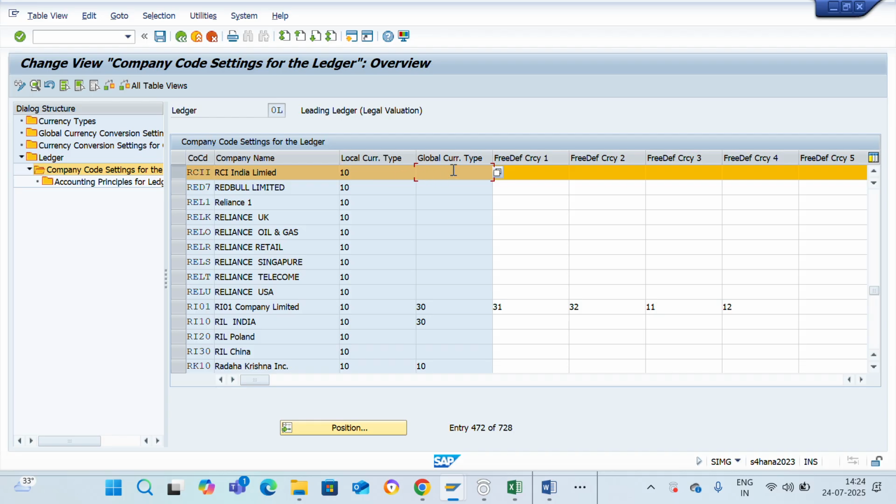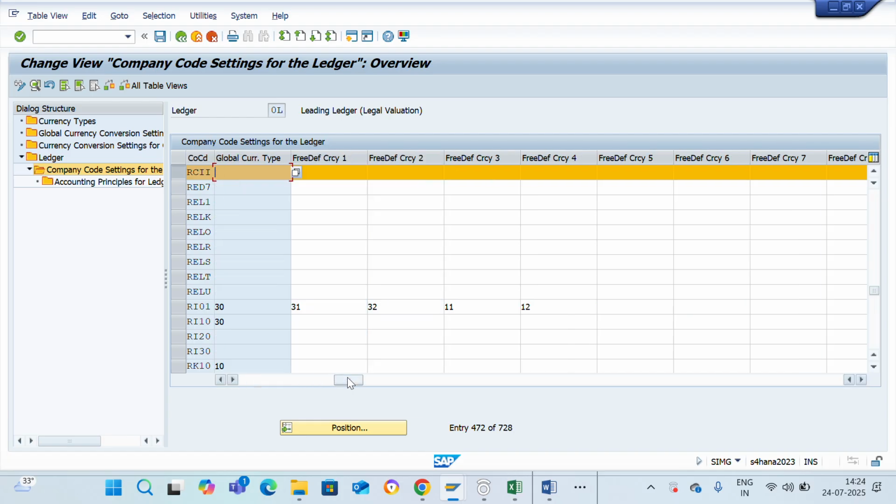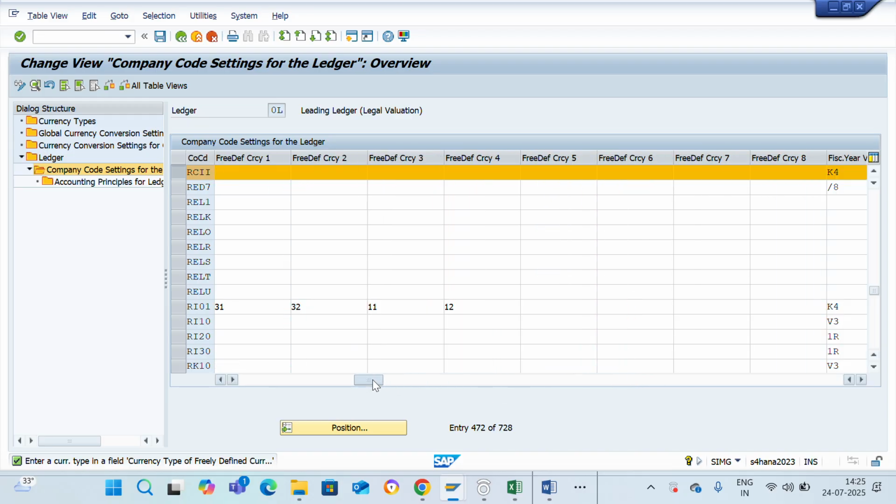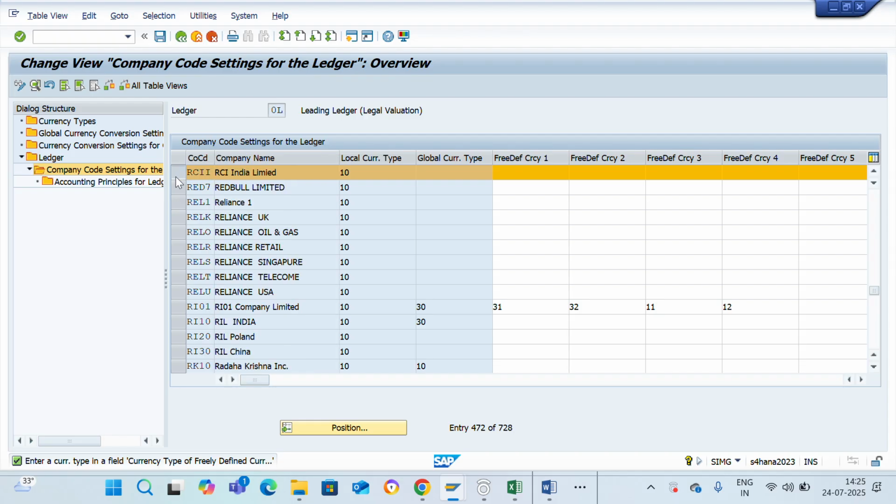As of now, we do not see the global currency type editable over here. This will automatically come when we create the controlling area. And on the right, we have three more currencies which are applicable for material valuation. So here the first currency is already selected as 10, being the local currency. The second currency will be available for selection when we create the company code with the group currency. As of now, I'm leaving the currency part away and